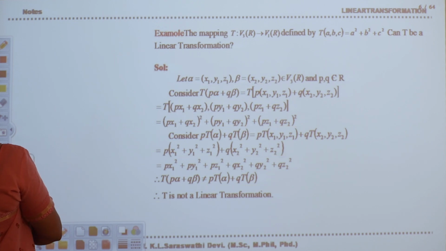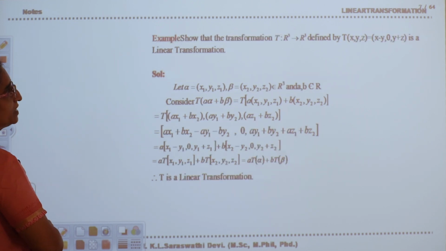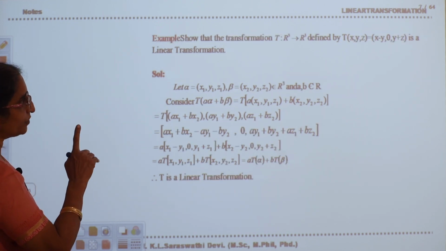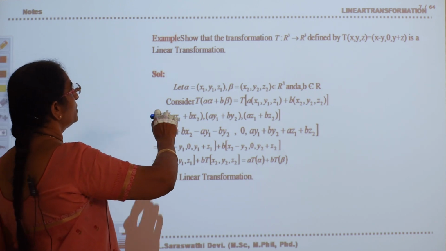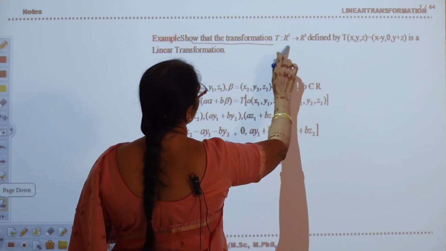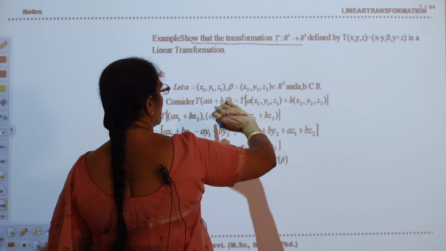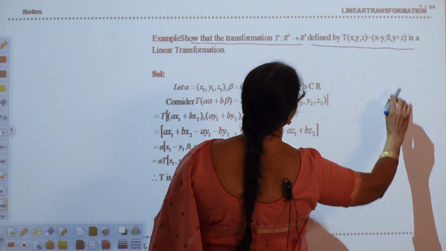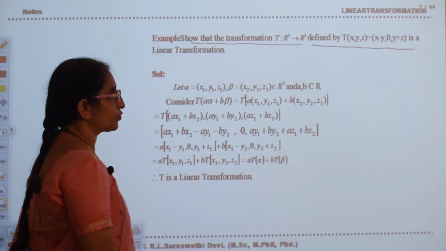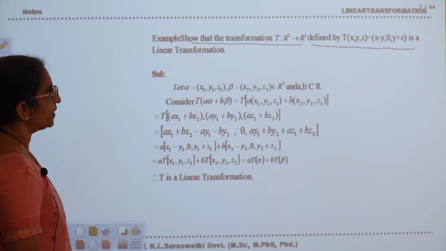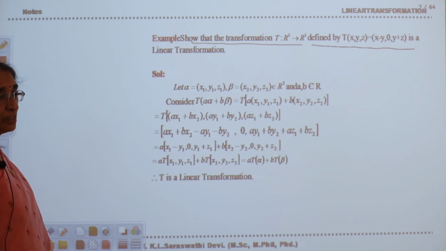Okay. Now see the next example. Here show that the transformation T from R3 to R3 defined by T of (x, y, z) is equal to (x minus y, 0, y plus z) is a linear transformation. See here, in